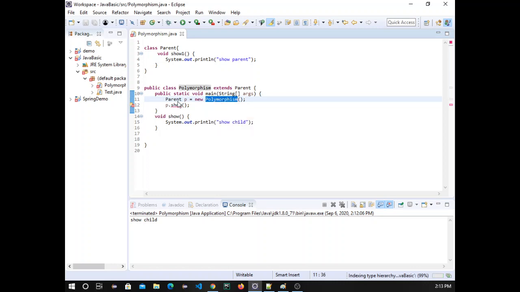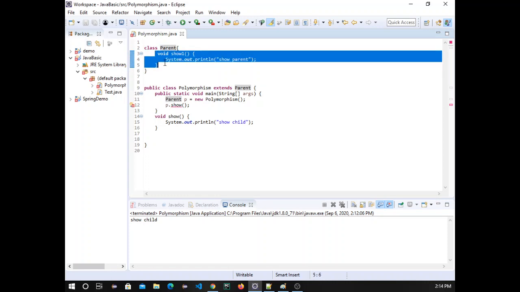Till compiling, it's saying that you want to call the show method from P, and P is of type Parent. As of now our program is not running, it's just compiled, and you want to call the show method from P, which is a parent type, but inside the parent type there is no show method.